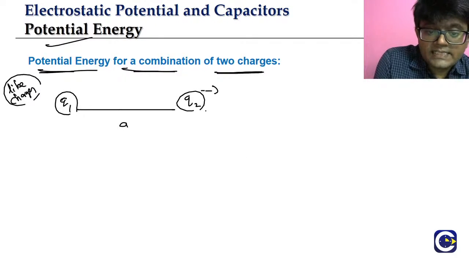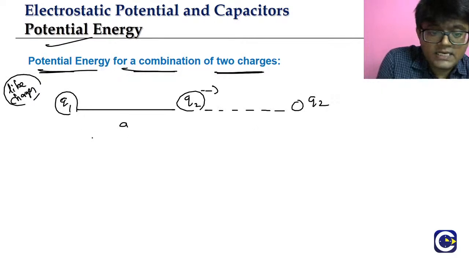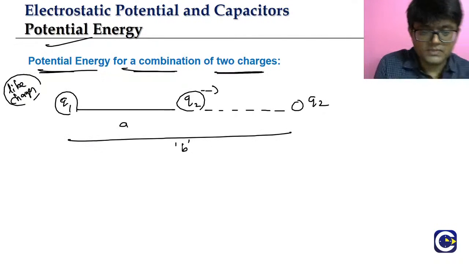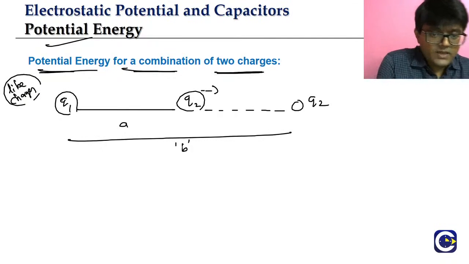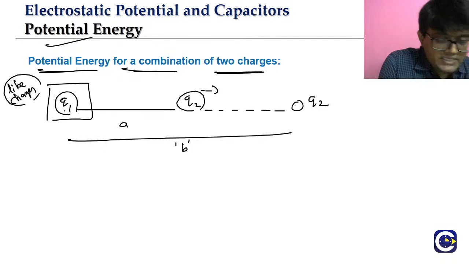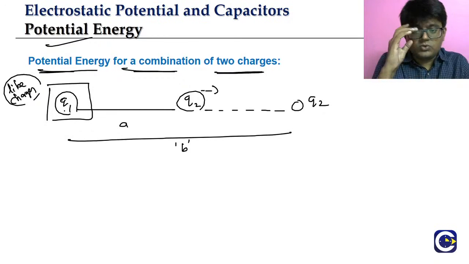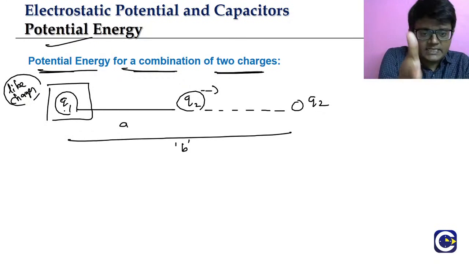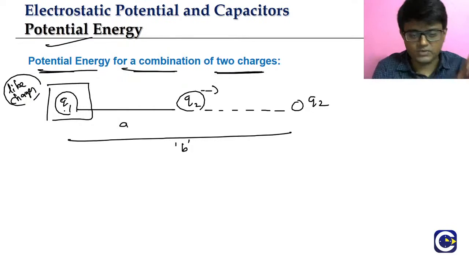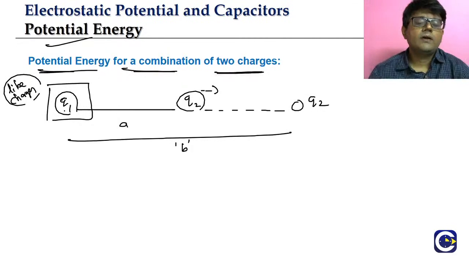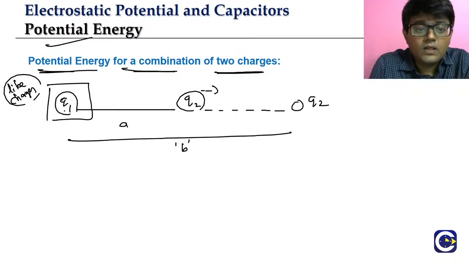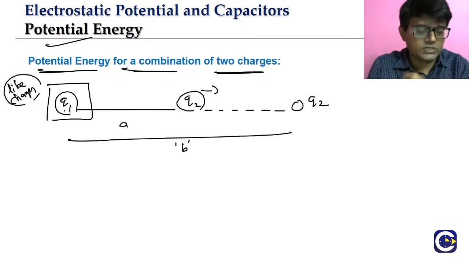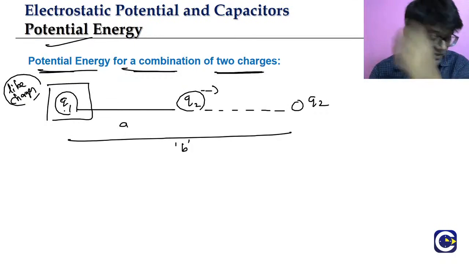So இங்கல இருந்து let us say the Q2 is moved until it reaches distance b. Initially both are at a separation a. அங்கல இருந்து Q1 அப்படியே நம்ம ஸ்டேஷனரியா வச்சிட்டு we are trying to move the Q2 charge. So distance a ல இருந்து finally it is going up to distance b. Okay. Now in the movement we need to find what is the work done by this electrostatic force. Okay. So இப்போ பாருங்க,